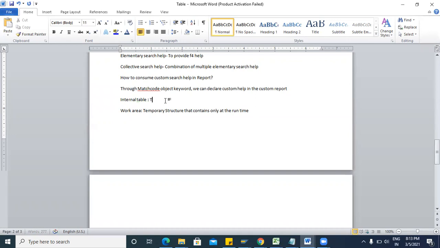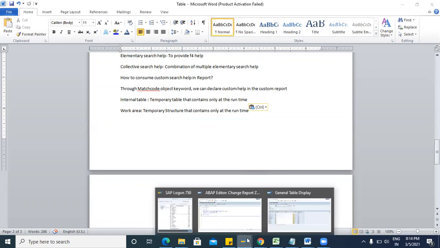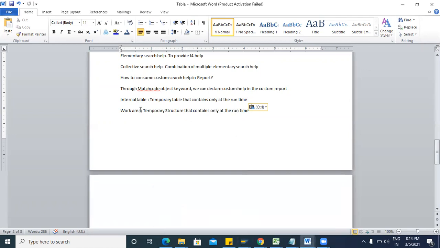It's a temporary table that contains data only at the runtime. So this is the internal table and this is the work area. This is a temporary table. This is a temporary structure, like we can have only one line item at a time. And in the internal table, we can have multiple line items.